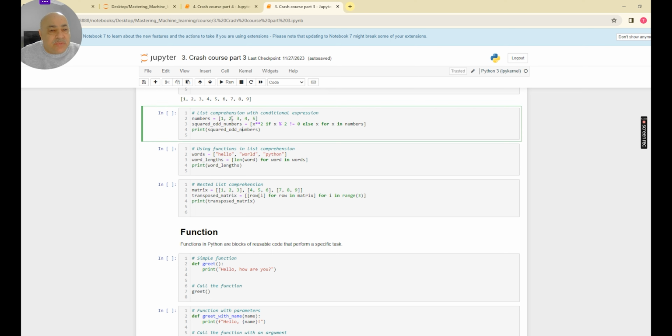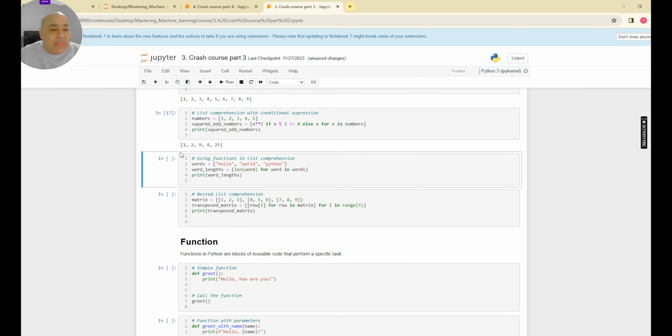I have this list here, which is 1, 2, 3, 4, 5. I want to create another list which contains the square of it. If the modulus does not equal 0, then we enter the value. If it's not equal 0, then we enter the value itself into the list. If it's equal to 0, we square it. If it's not, we enter the value itself. So let's see, 1, 2,